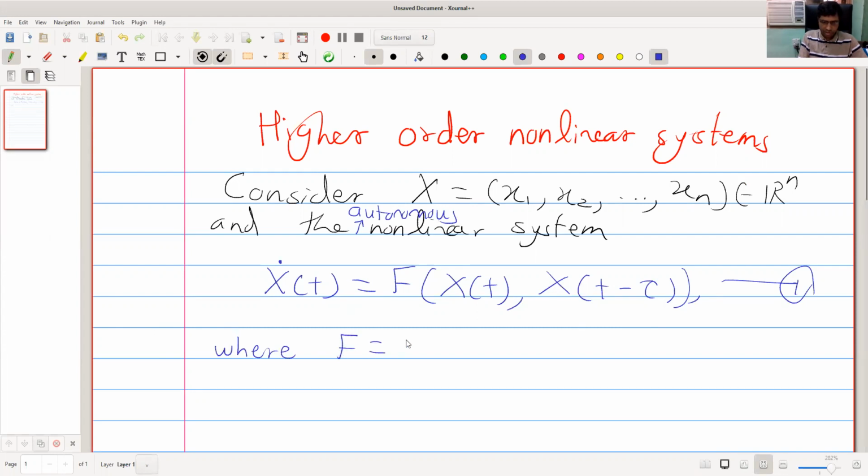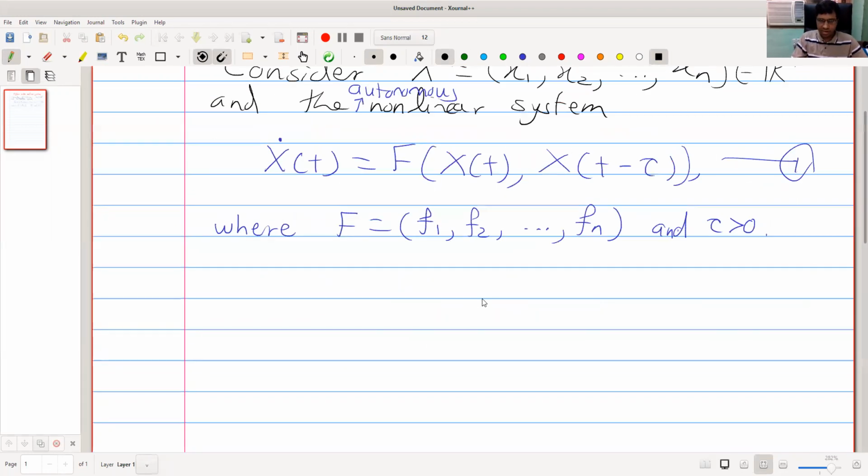As usual, tau is positive. Now, this system, system 1, is equivalent to